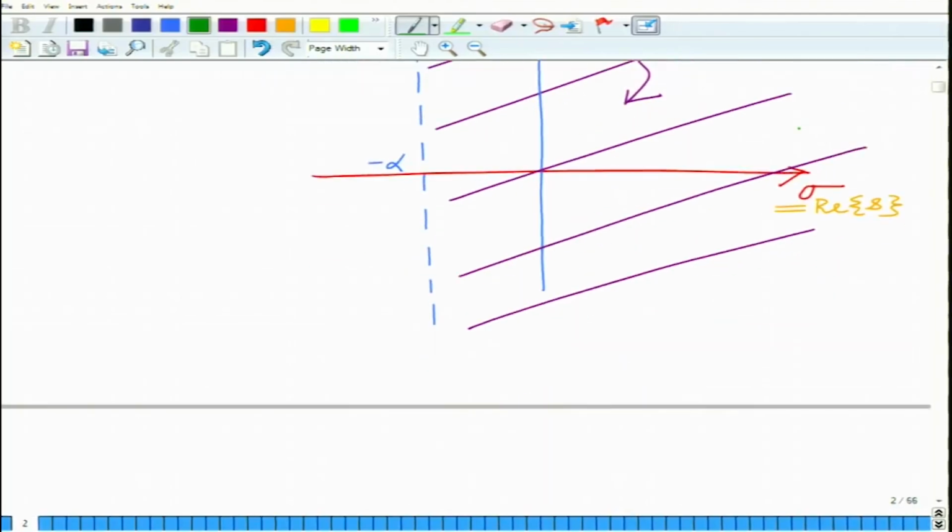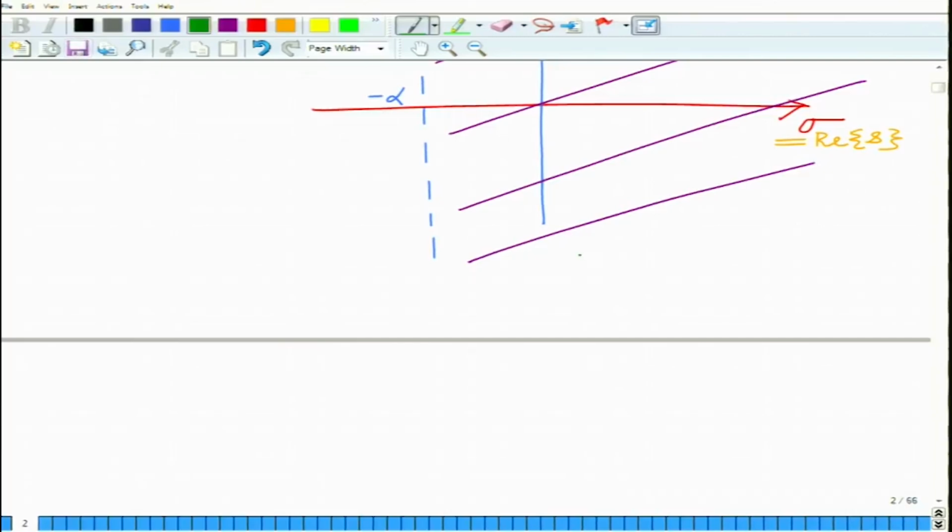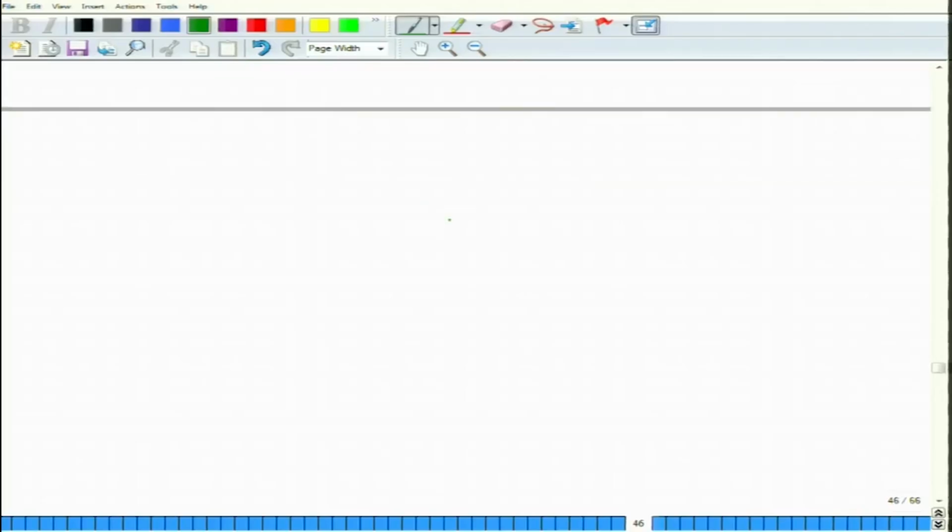So this is your ROC S plane representation for e raised to minus alpha t u(t). This is the region of convergence for the signal above. Now, let us look at something slightly different. Let us consider a slightly different signal, which is now